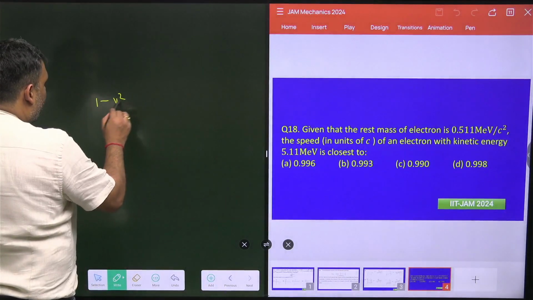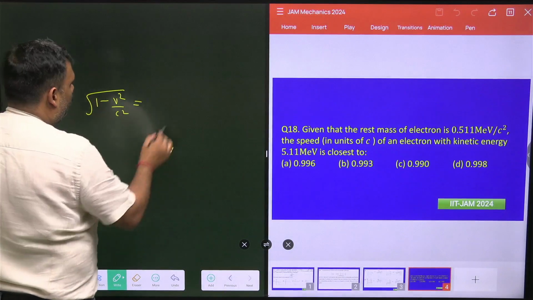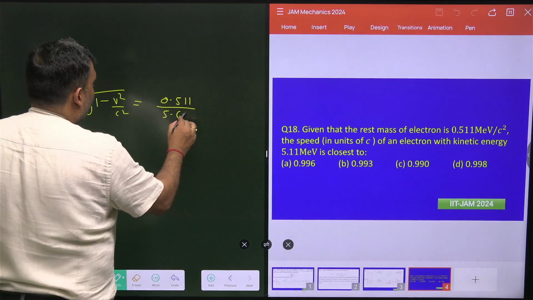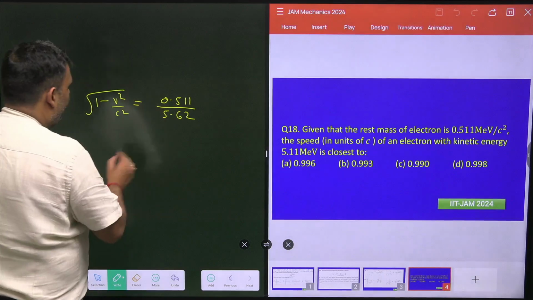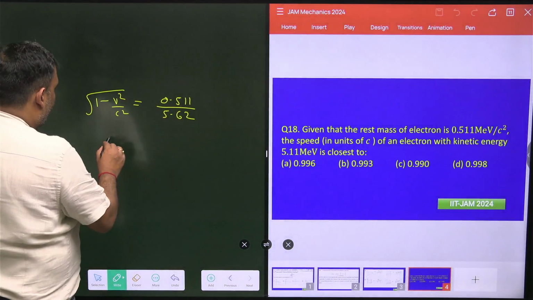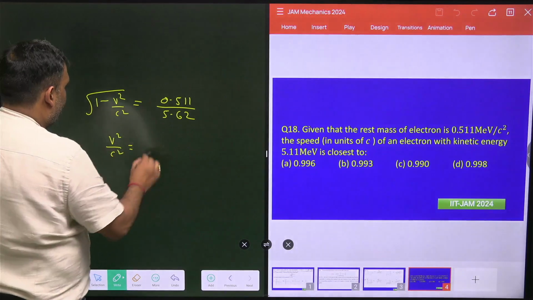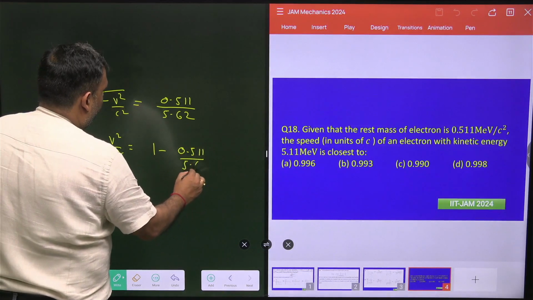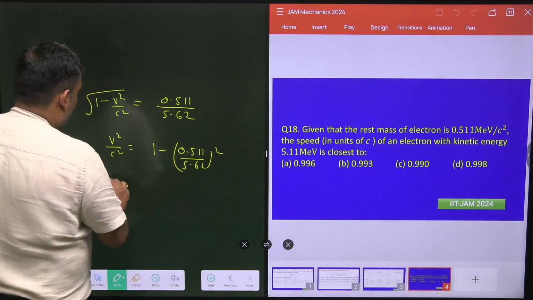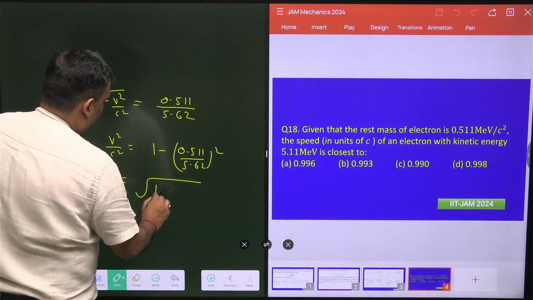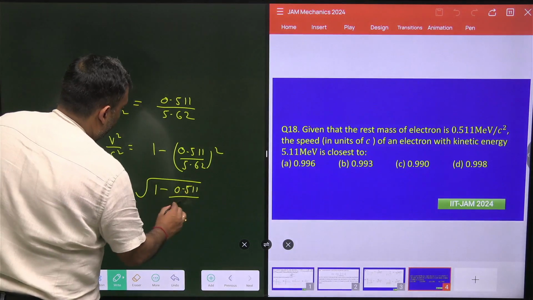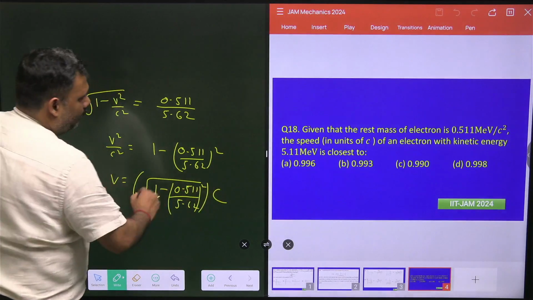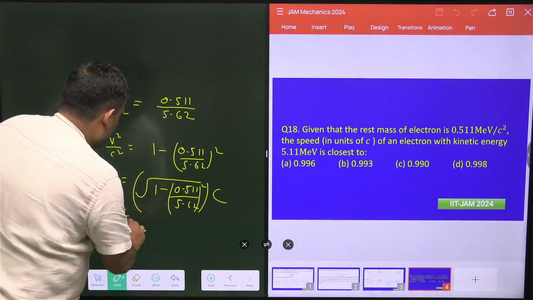So root under 1 minus v square upon c square is equal to 0.511 upon 5.62. When we square, we have v square upon c square equal to 1 minus (0.511 upon 5.62) whole square. So v is equal to root under 1 minus (0.511 upon 5.62) whole square, into c. When we calculate this on the calculator, we get the value